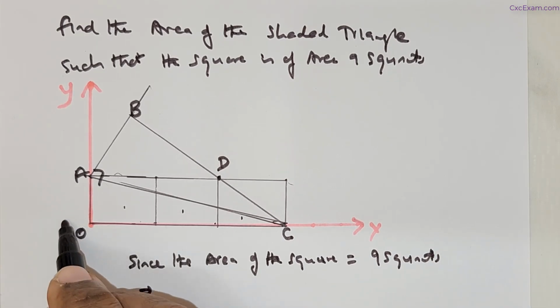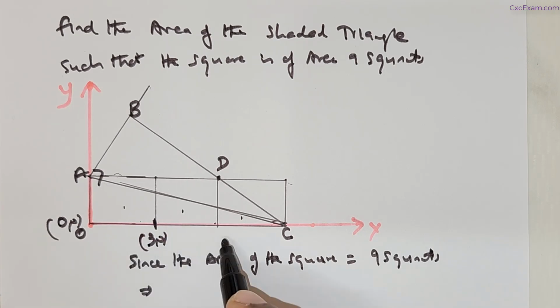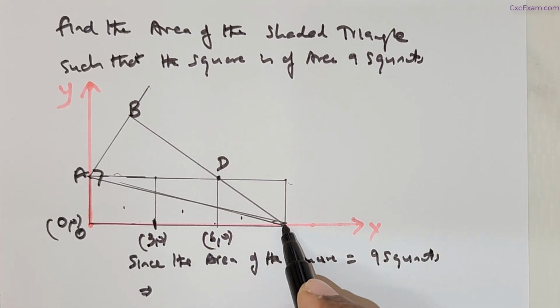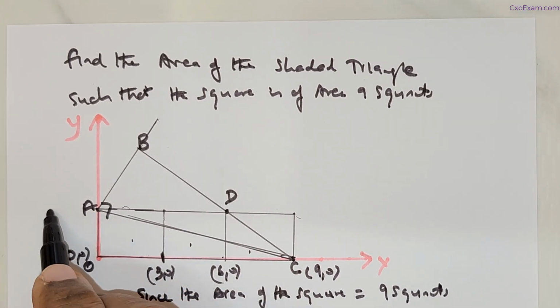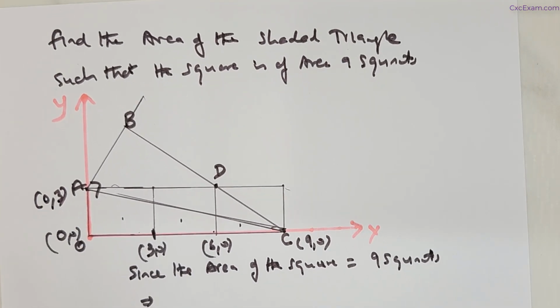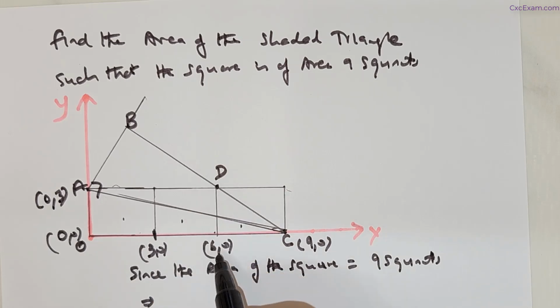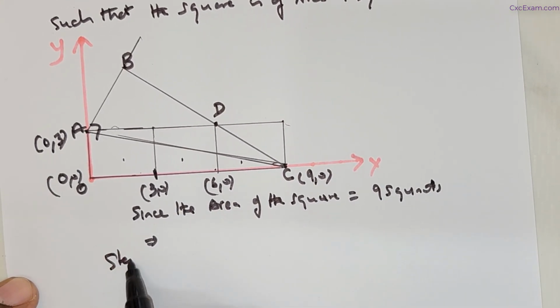So this means if this point is 0, 0, this side is going to be 3, 0, this is going to be 6, 0, this point is going to be 9, 0. Fair enough, right? And this point A is going to be 0, 3. And foremost, step 1, I want to find the